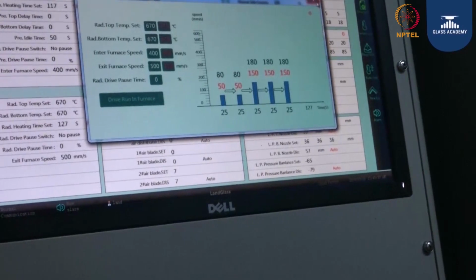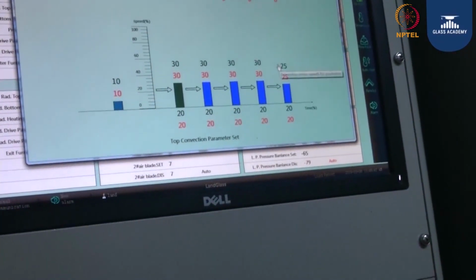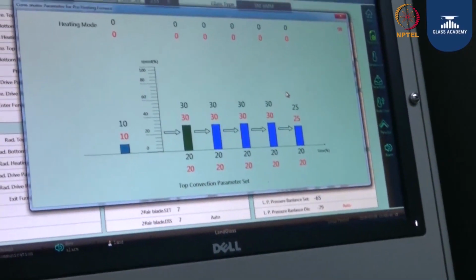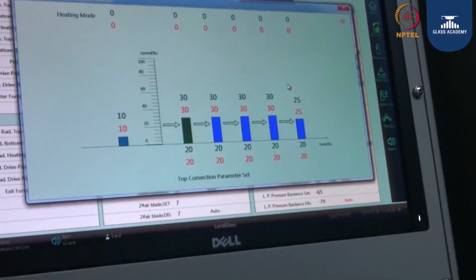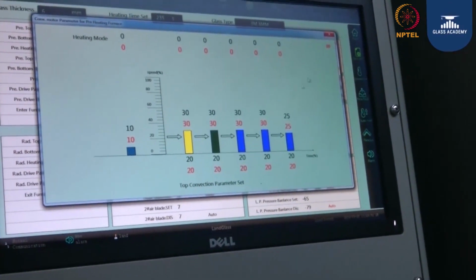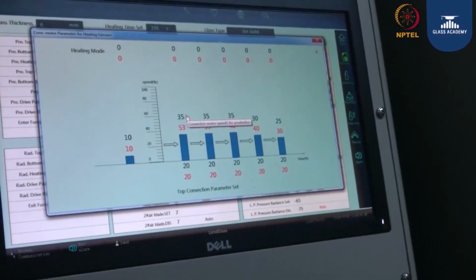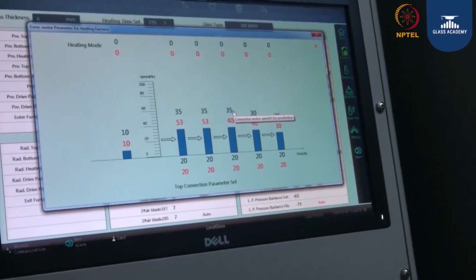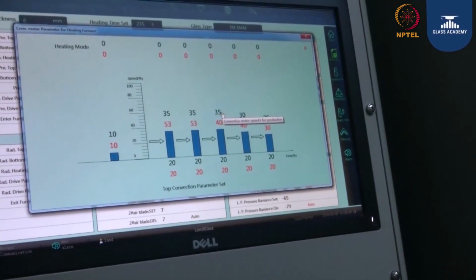Next. Now you can see the convection motor parameters for the preheating furnace they are setting. This is a top convection parameter. Next. You see this is the top convection parameter set. Again the second thing. Next.